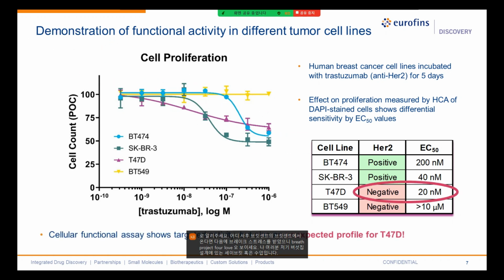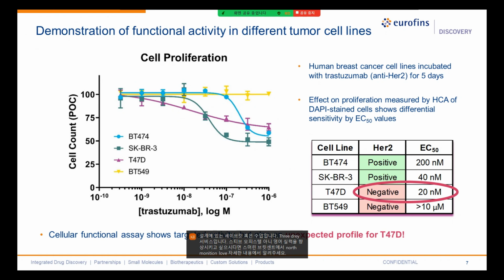But T47D is interesting because T47D is negative for HER2, and yet it actually responds very potently, very sensitively to trastuzumab. So what is happening here in this cell line that makes it so sensitive to trastuzumab when it's not HER2 positive? So if we pause that thought for a moment and think about what we can do to identify